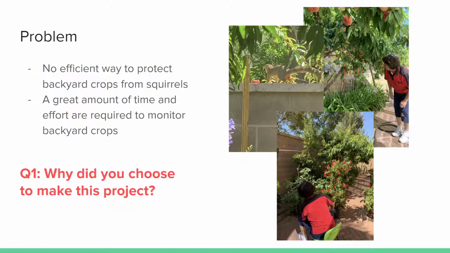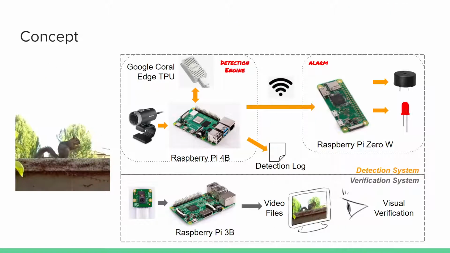Every day, I saw my grandma working tirelessly in the yard, watching for squirrels in an attempt to protect our peach tree. I decided to design and construct a system which autonomously detected passing squirrels and sent out alerts using Raspberry Pis. So the final concept involves two main systems: the detection system for testing and the verification system for